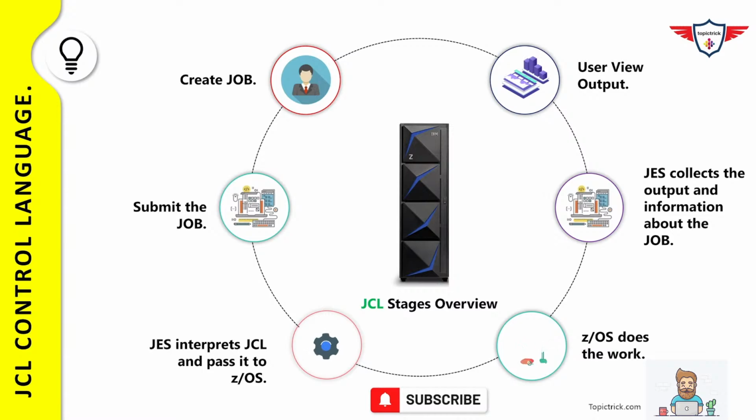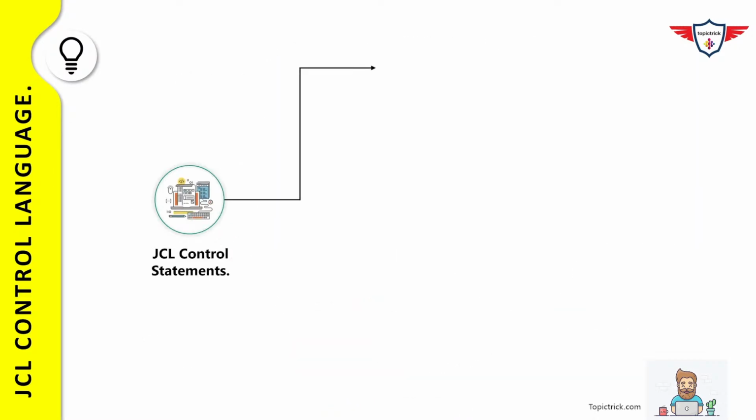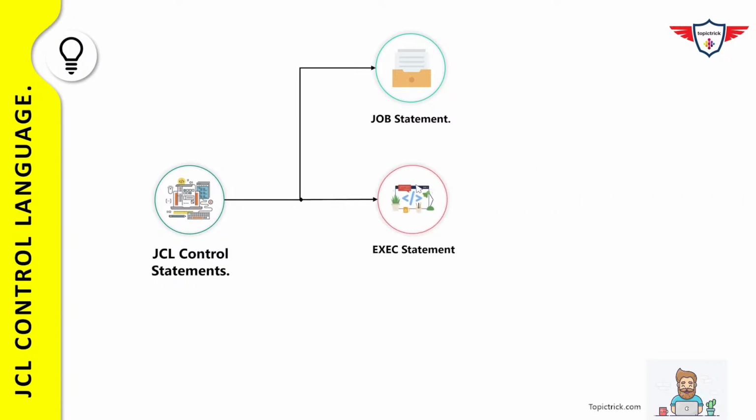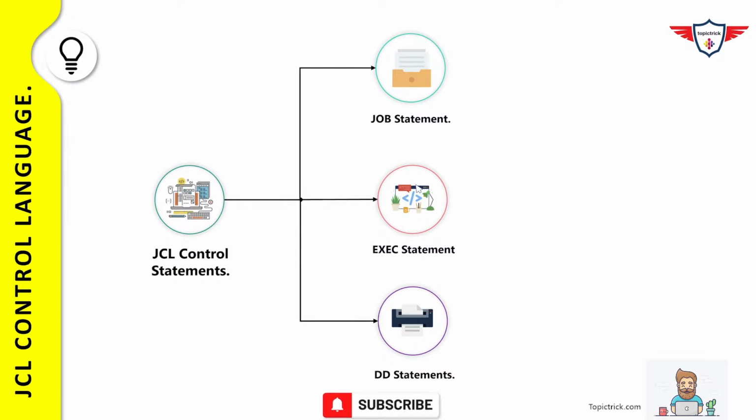Now let's talk about the job control statements. As you know, JCL is used to convey information to z/OS through a set of statements, and these statements are called job control statements. And there are three kinds of job control statements. First one is the job statement. A job statement marks the beginning of a job, and it is used to provide the vital information related to your shop. The second statement is the execute statement, and it generally marks the beginning of a job step,